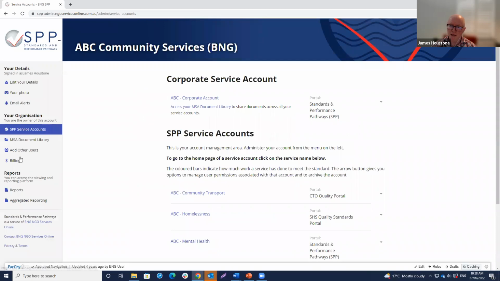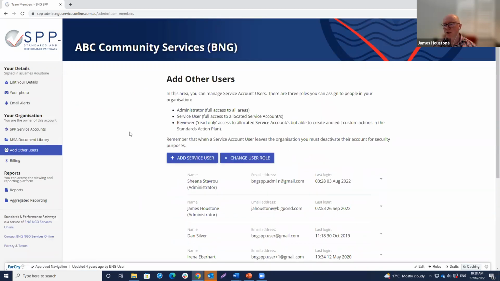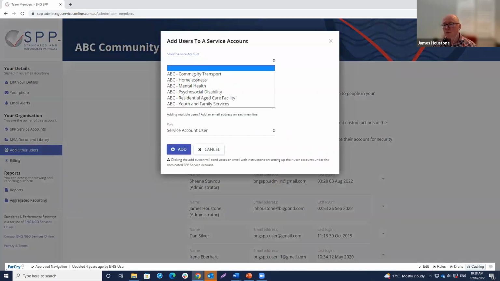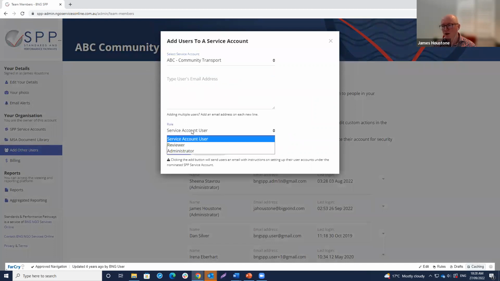So if we just go back a step, when it comes to inviting a staff member or a reviewer into your account, you can type in their email address and invite them in as an administrator, user, or reviewer. But the point I wanted to make is you can set up a dedicated reviewer login.